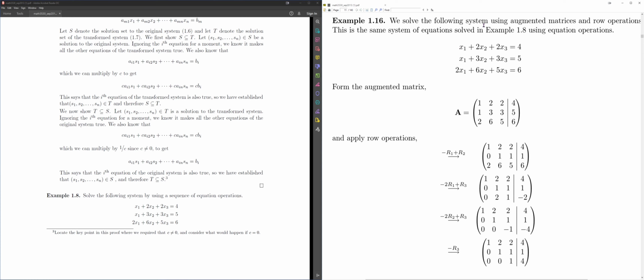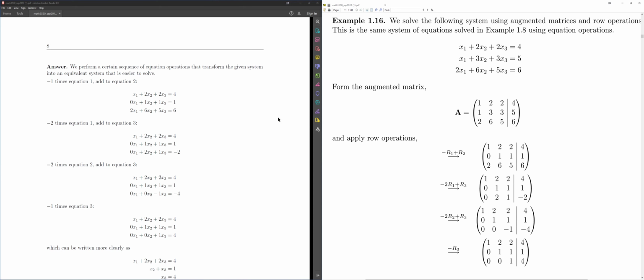So your system over here, you write it in this augmented matrix form. And what you're doing is you're just recording the information about the system in a kind of consistent way. Okay, so what I mentioned was what you want to do is you want to start